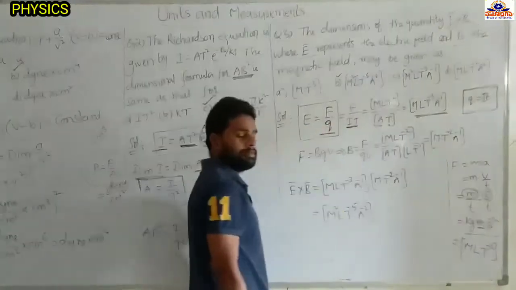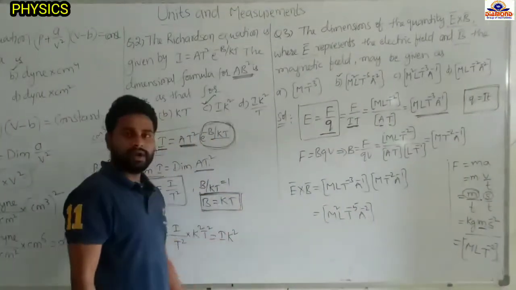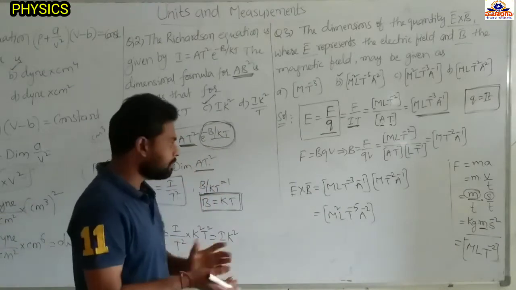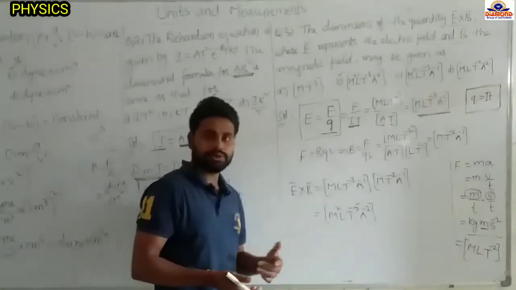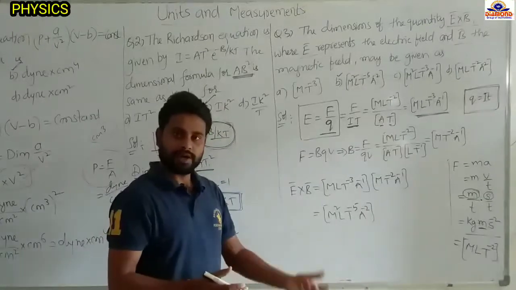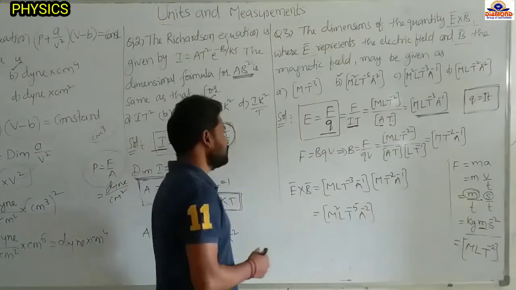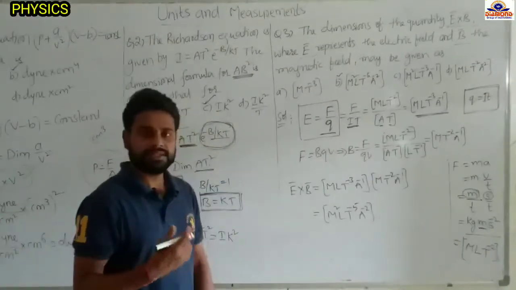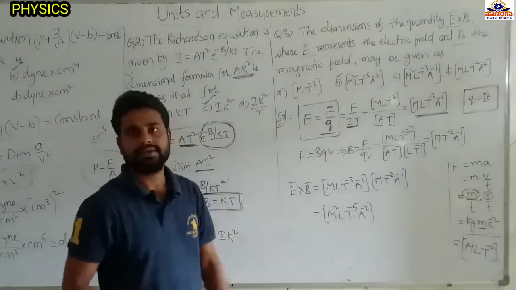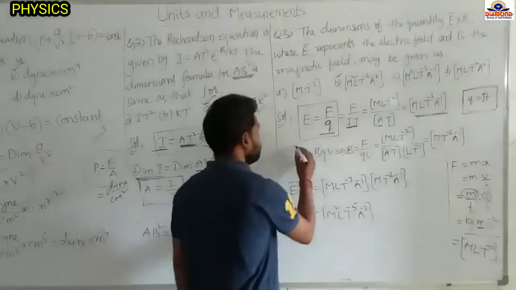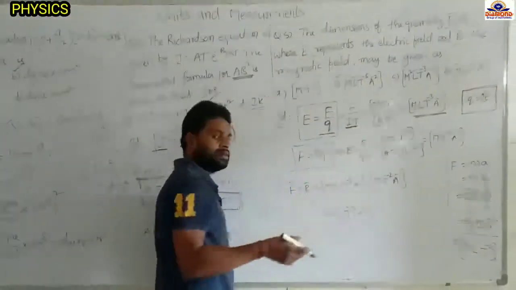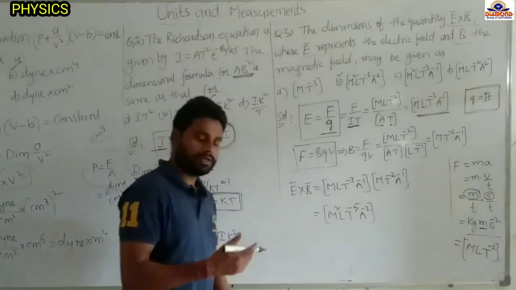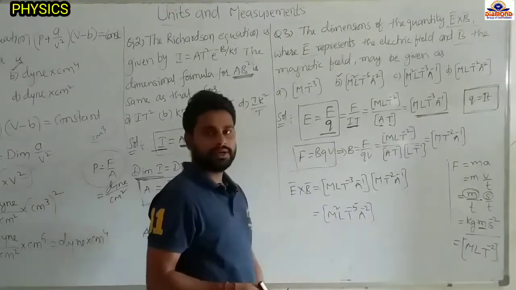So we got the dimensional formula of the electric field. Next, to find the dimensional formula of the magnetic field, which formula is easy to use? That formula you can use. Here I am using this: if a charge is moving with velocity v in a uniform magnetic field, the force acting on the charge we know already, F equal to q v B. Otherwise you can use F equal to BIL also, whatever formula is comfortable to you, that you can use.